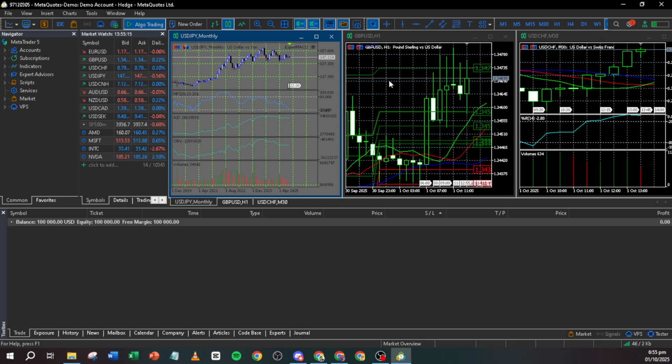You've successfully customized your chart's theme colors in MetaTrader 5. With your newly personalized setup, you're all set to dive deep into market analysis with ease and efficiency. Enjoy the cleaner, more engaging view. And remember, a well-set trading environment can improve not just your experience, but your performance too.